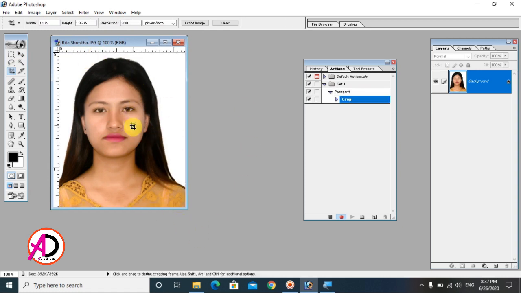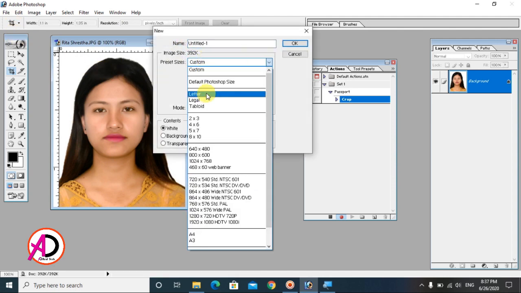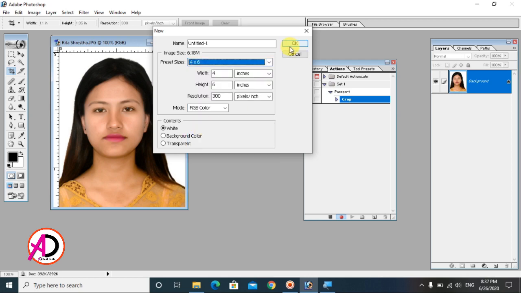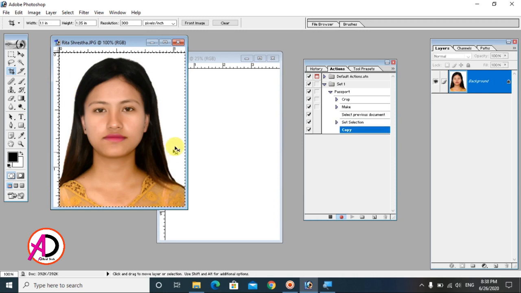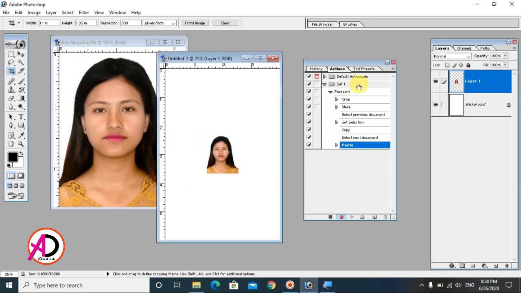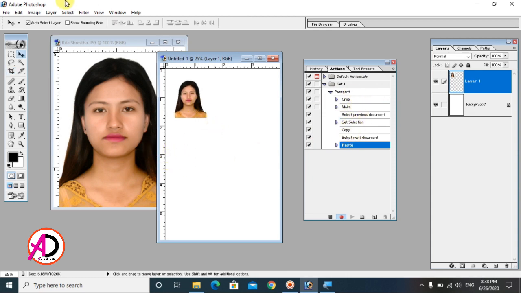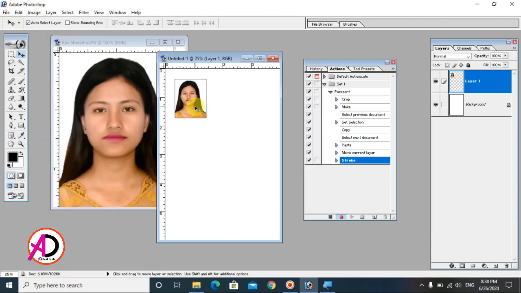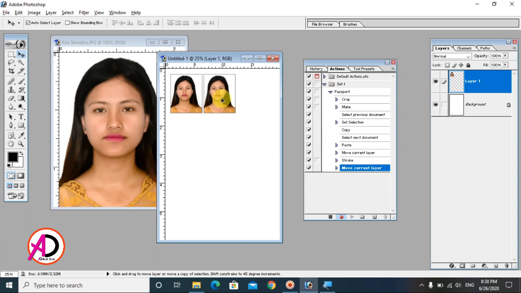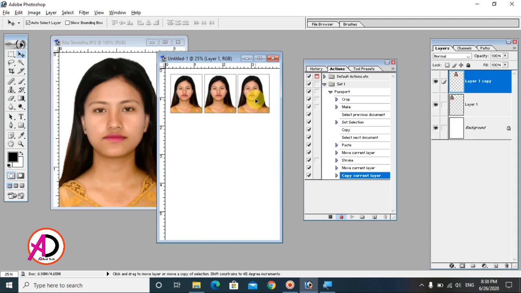You can see here just like this, cropped, and press Ctrl N. You can see, and I choose the 4 by 6 page size here for our page, and simply I copy, Ctrl A, Ctrl C to copy, Ctrl V to paste. You can see our work is already recorded here, and simply I move it here and I go to the edit and stroke. I use the stroke, I use the 2 stroke here, and simply I press Alt Shift. You can see the same process is applied here,